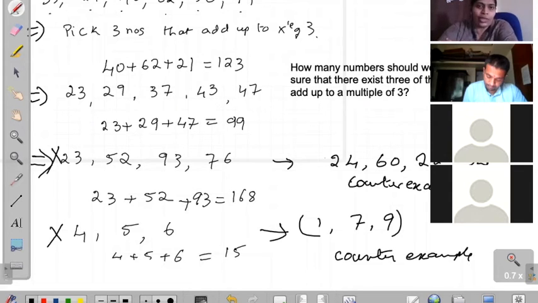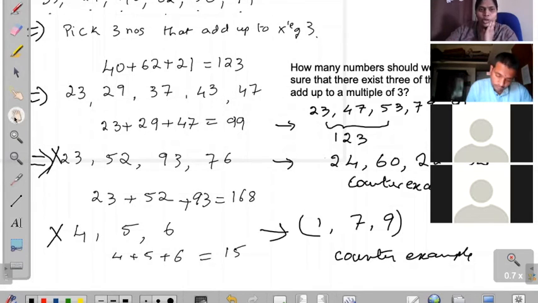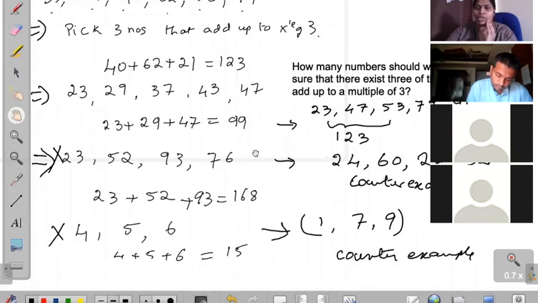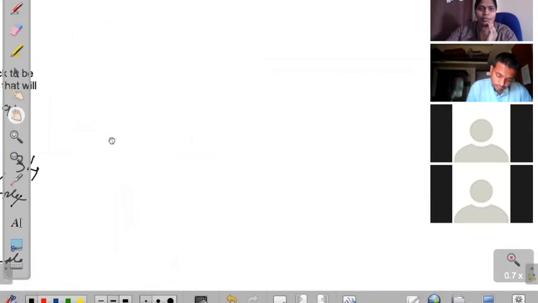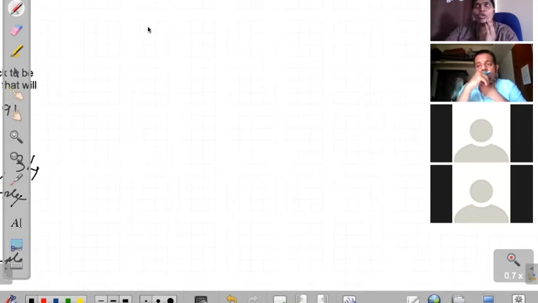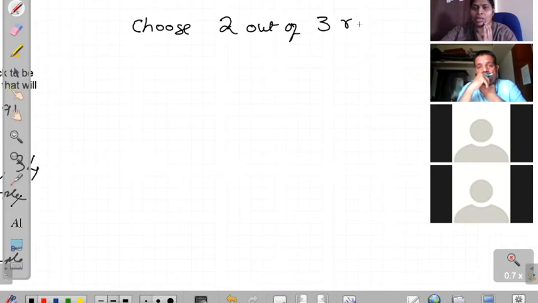Some 3 numbers will add up to a multiple of 3. But the choice of the 3 numbers to add is ours, while the choice of the 5 numbers is random. So before diving deep into this, maybe we can solve a simpler problem. How many numbers should we pick so that we can choose 2 of them, 2 out of n random numbers,